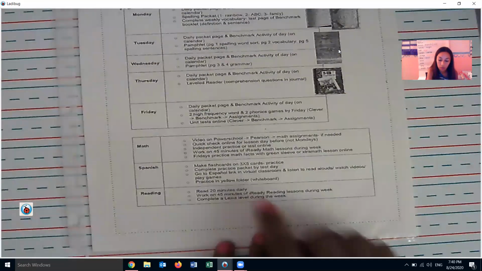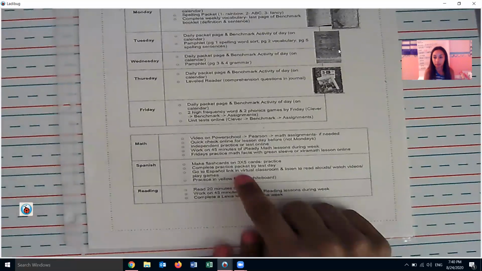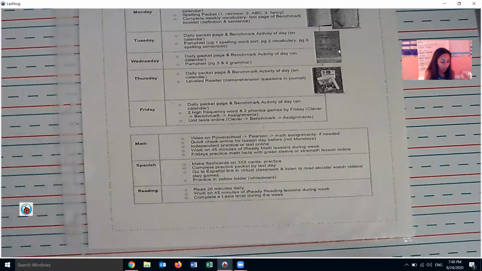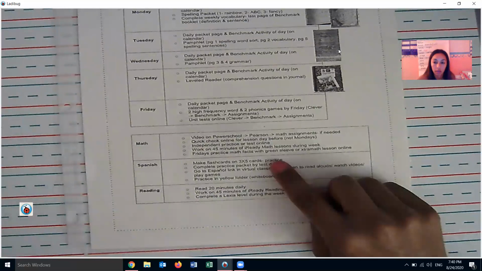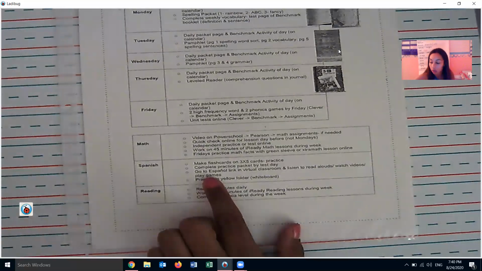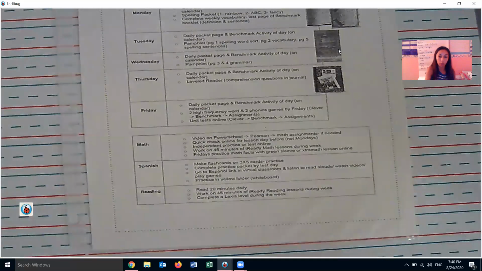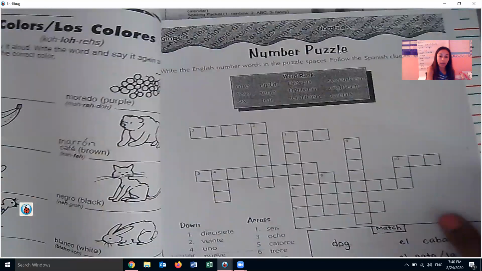The next piece we have on our list is Spanish. So for Spanish, I just have suggestions too. There's not really a schedule laid out for this. You can make flashcards on like 3x5 cards. You can practice by using your packet, by completing maybe a page or 2 a day of the practice packet. So that's this packet here. If you open it up, it has practice sheets